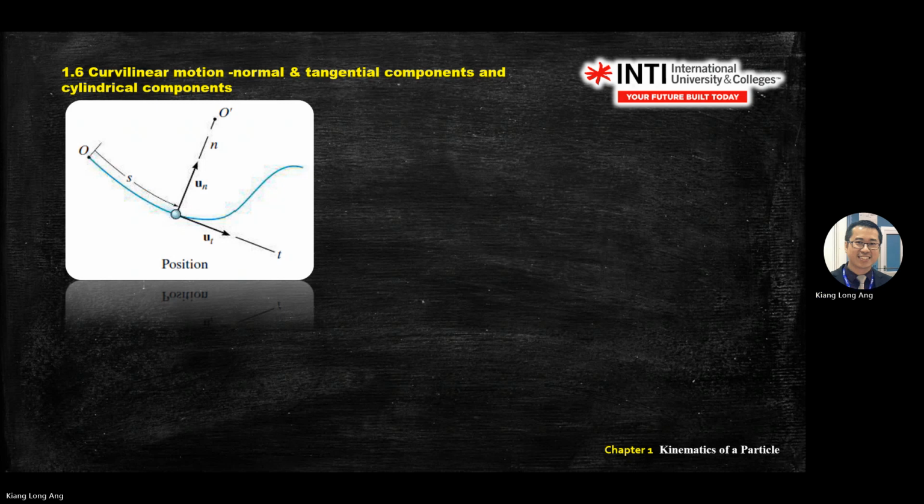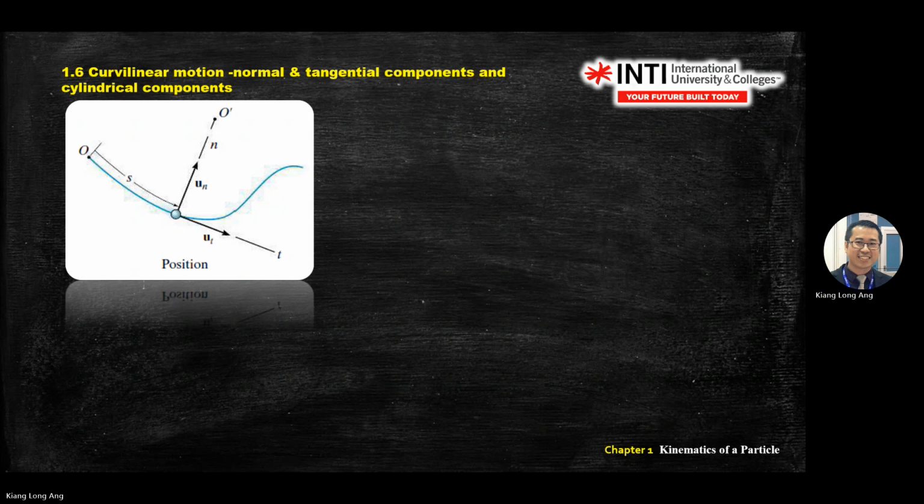Okay, now for the second half of the lesson, we start to look at curvilinear motion. We start with this diagram. Let's say you have a particle moving in a pathway that looks like a curved motion. You have an initial point O, and you follow the blue line, and you start with a position which is S, and every time you stay with the curve, with the dot, and it's a curvilinear